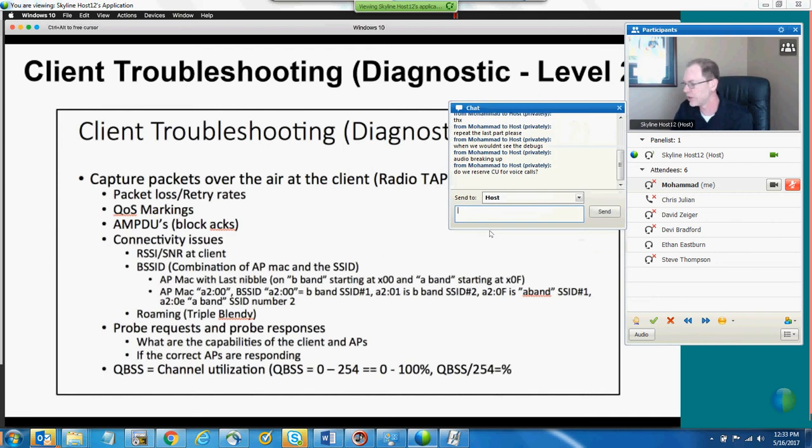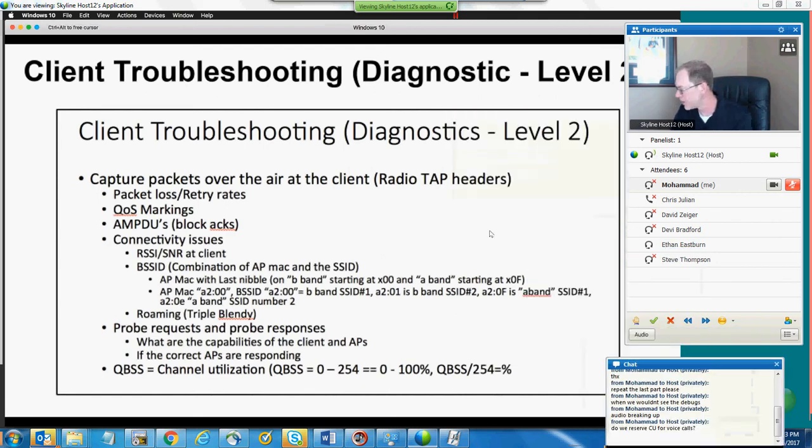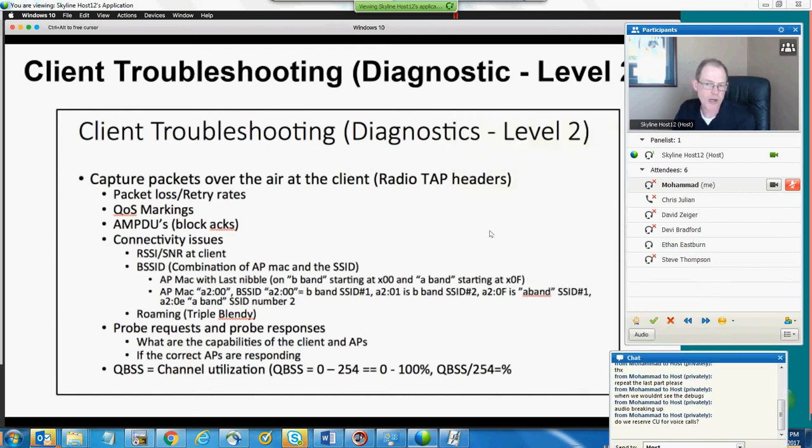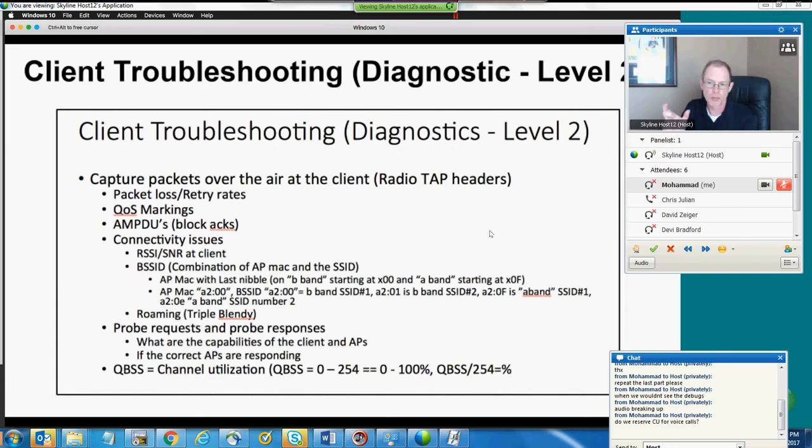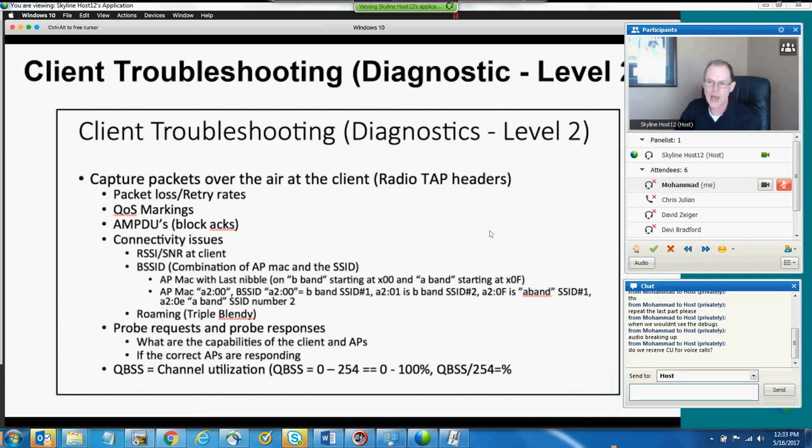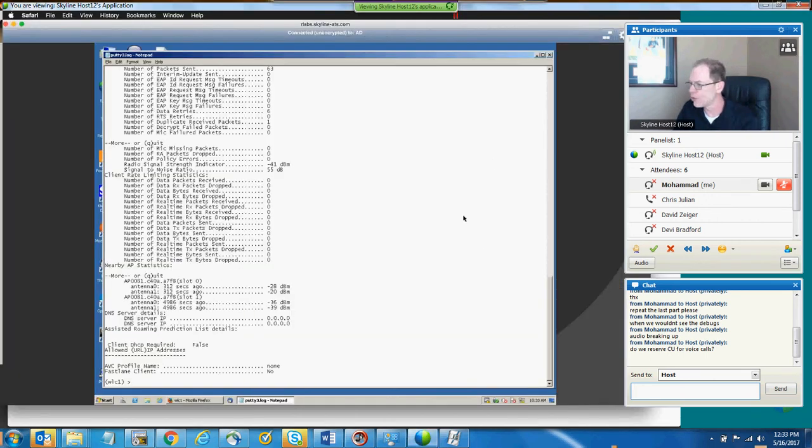You can go to somewhere like Wireshark and you can buy a dongle, right? And you can put it in your laptop and use Wireshark, and you can capture wireless packets. You can do it through the command line if you wanted to. And the other way of doing it, which is a lot easier now,